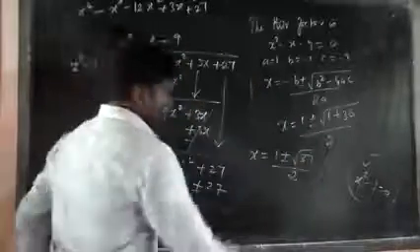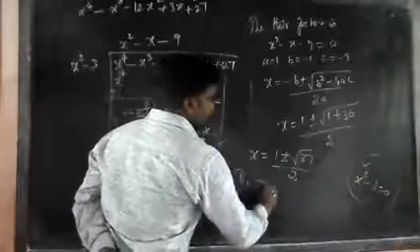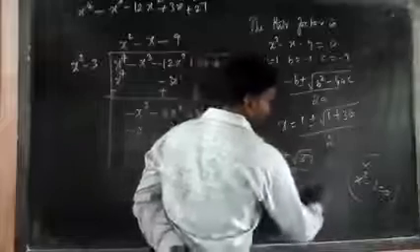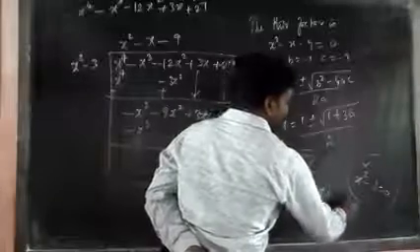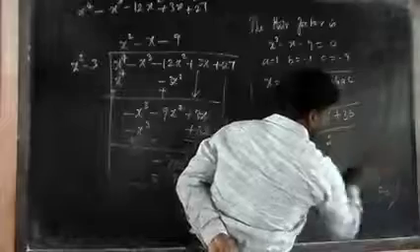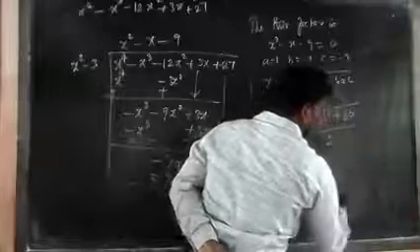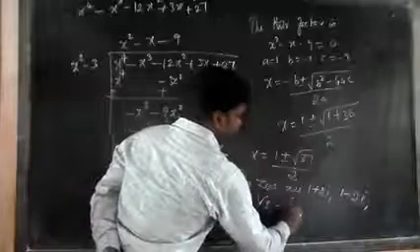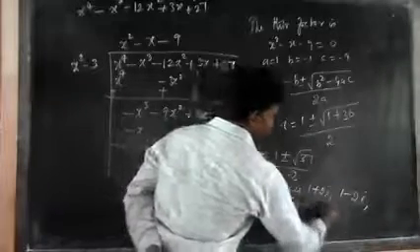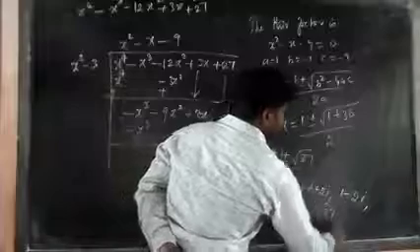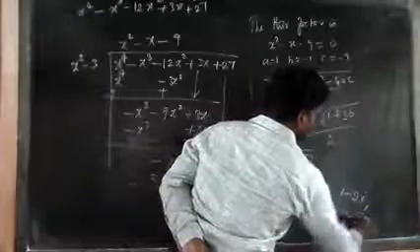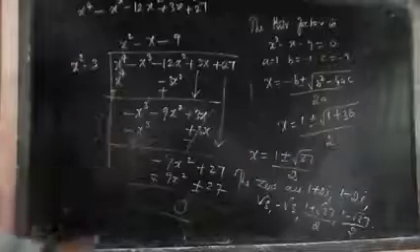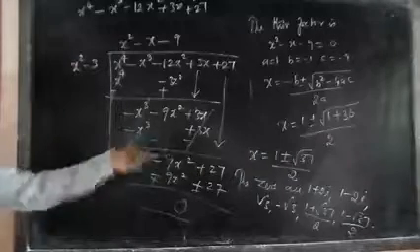That's all. Therefore, the zeros are root 3, minus root 3, and this answer, 1 plus root 37 by 2, comma, 1 minus root 37 by 2. Total we have what? 6 zeros. Very important sum. Make a note. Copy the sum in your class.